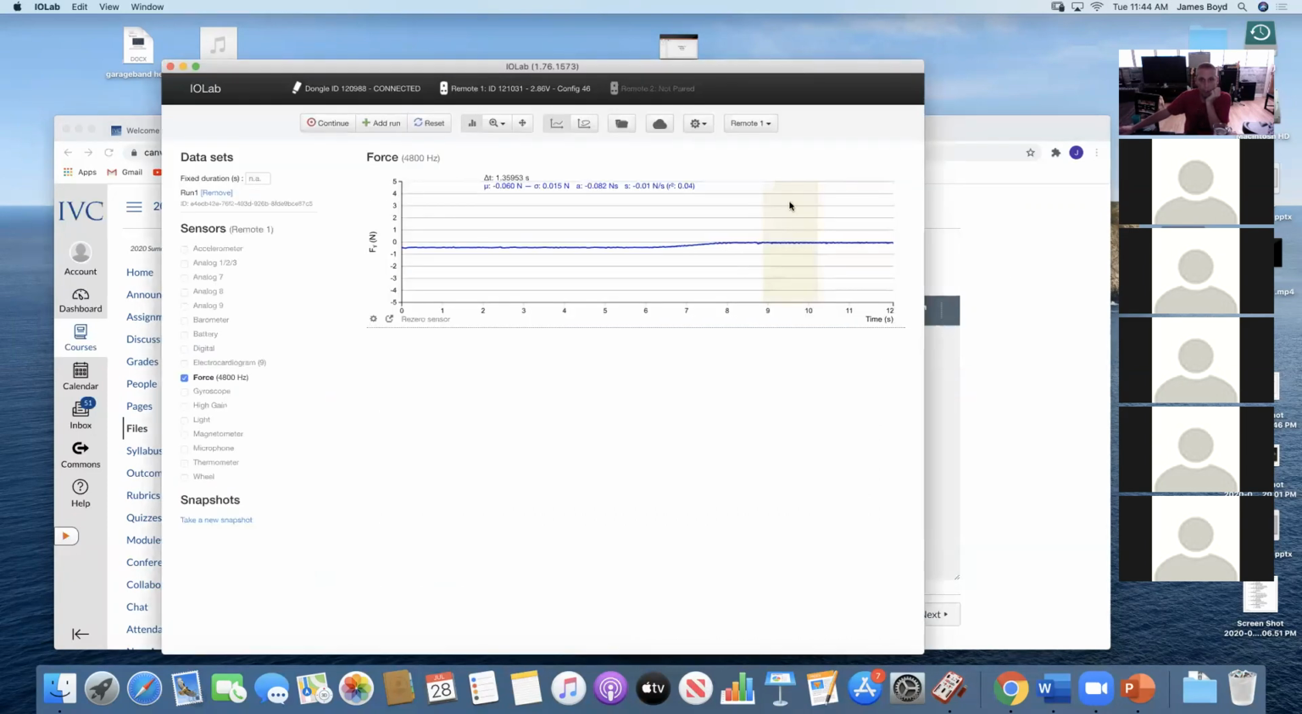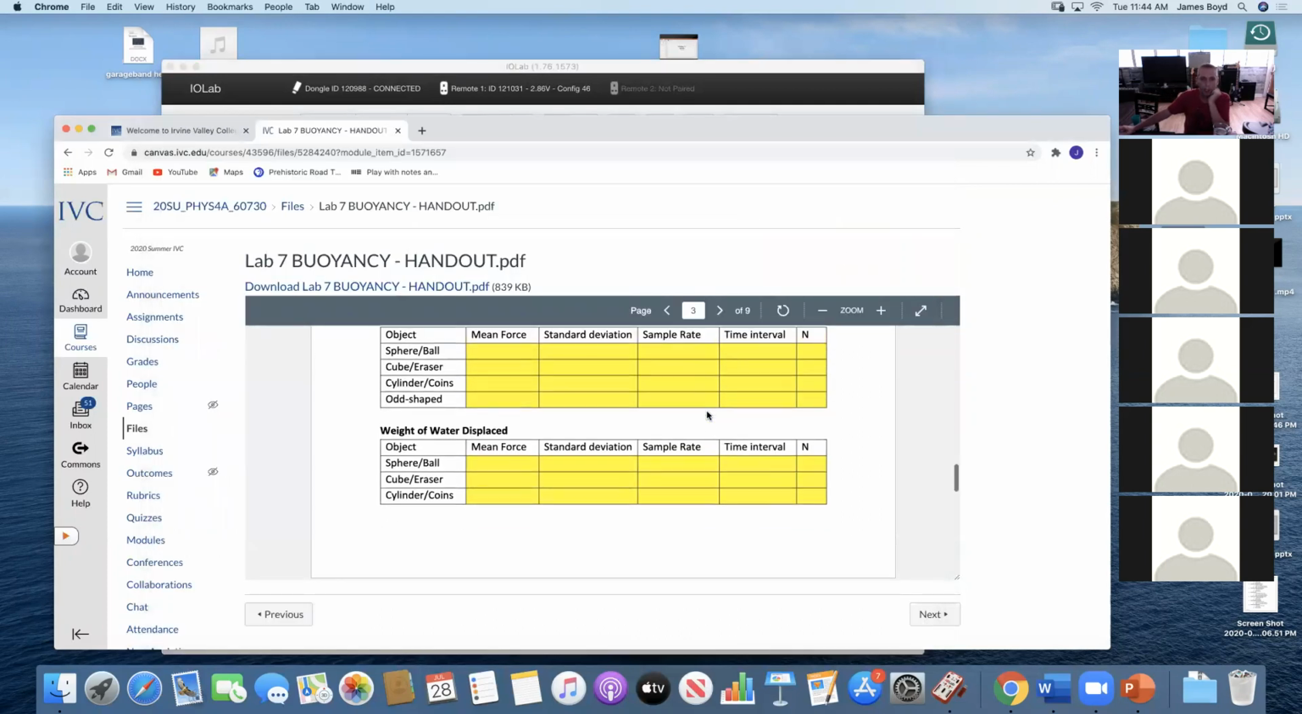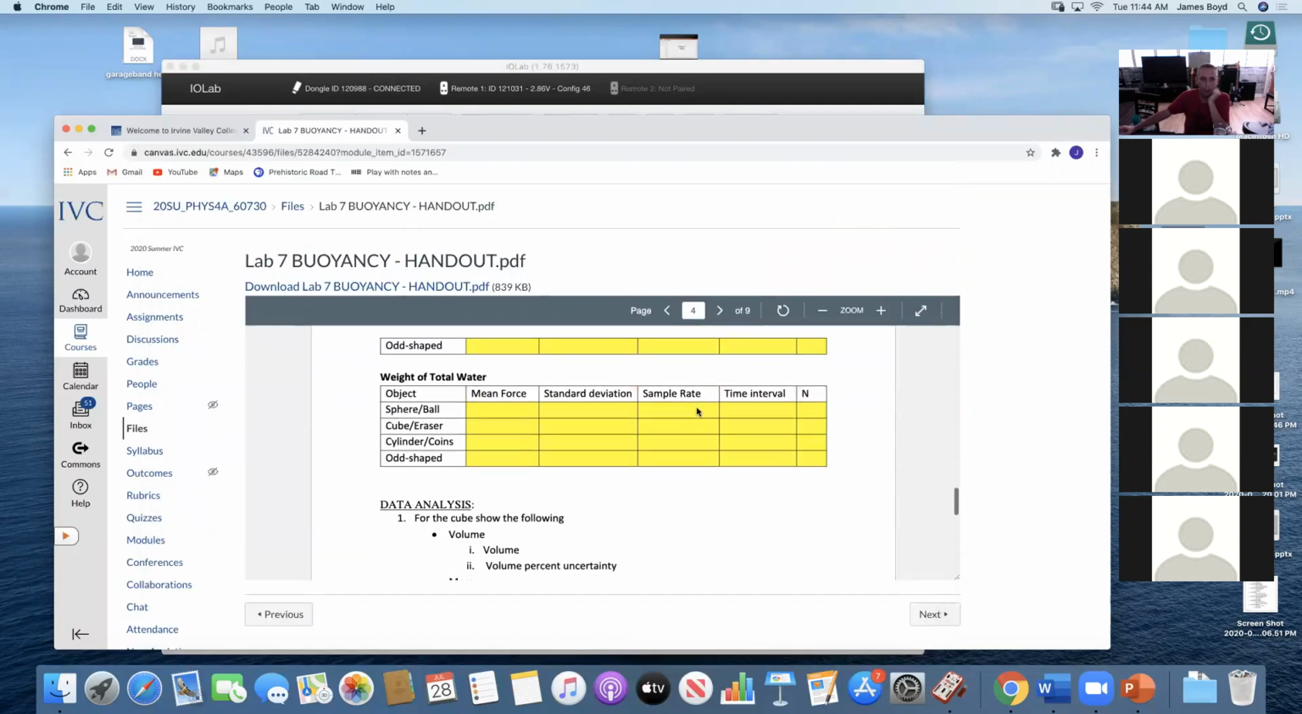Again, make sure that you write down on this part, this weight submerged is only the part after you put it in the water, right? It's the weight in the water, okay? So you could actually do this at one time, hold it above, get your weight in the air, get your weight in the water. Make sure, again, you write down your standard deviation, your time interval, your hertz, and your means, okay? So once you have those for the weight in there, we'll talk about water displaced in a minute,